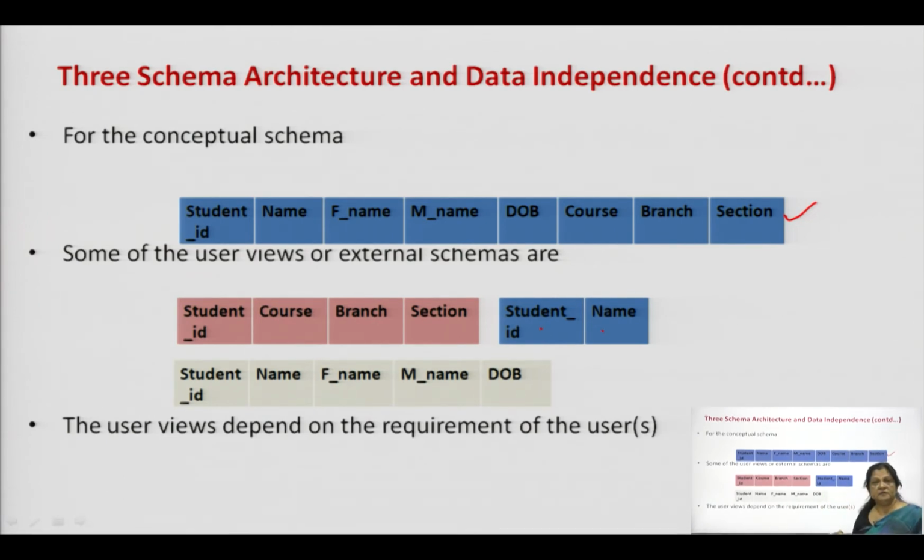So, that becomes another external schema. Then we have the student ID, name, F name, M name, and DOB for another user or set of users. So, that becomes another external view or external schema. And the user views will always depend upon the requirements of the users. Since there are multiple users, we will have multiple user views.